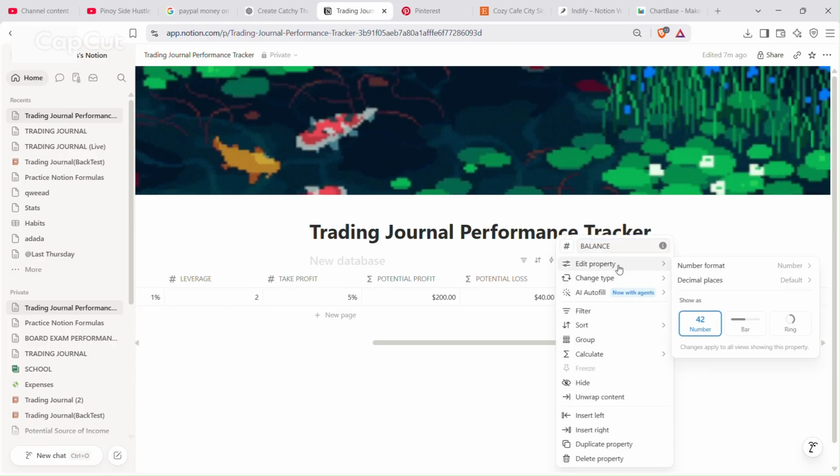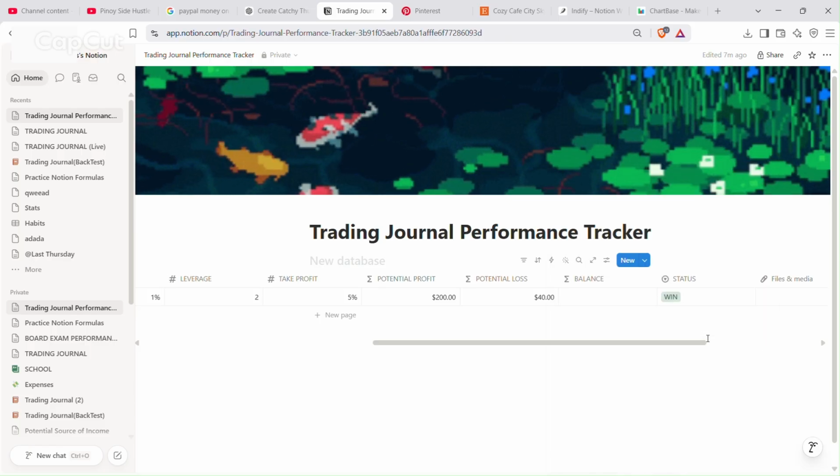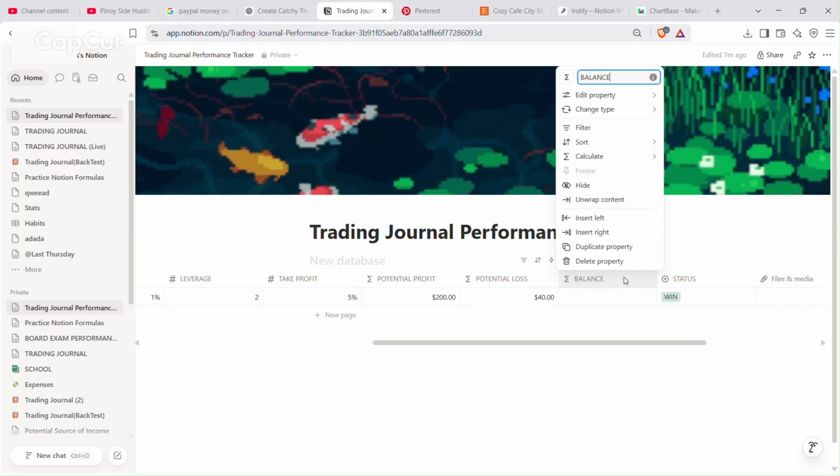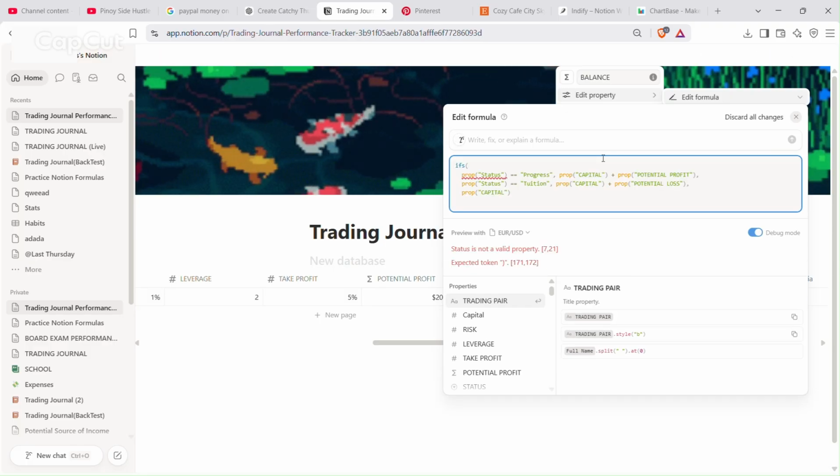So number format, let's change this to formula, and then configure that formula, edit formula. So I already have this formula prepared.